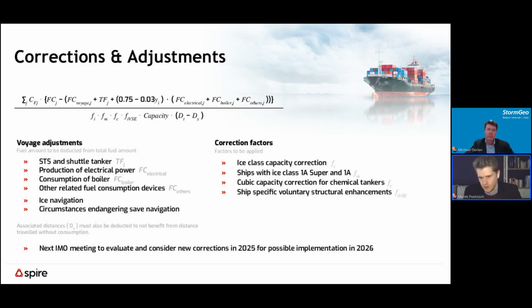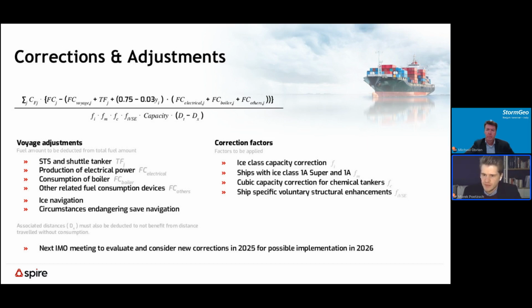And also ice navigation, where a vessel might have significantly higher consumption due to the circumstances and not so much due to the efficiency of the vessel, or any situation where life is endangered at sea. For those cases, the total consumption and also the distance of those periods can be excluded from CII